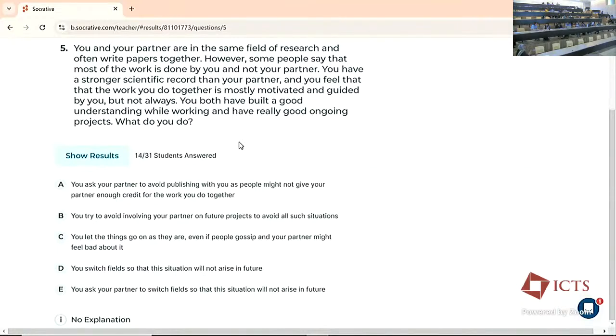We must have at least 25 votes. I overheard the conversation in some groups. I do realize there's a problem: all these options assume you have the agency and your partner has no agency whatsoever. Okay, so let's see the results. Please vote if you haven't done so.